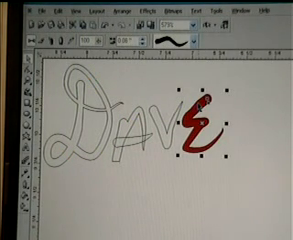But one of the other tools is up here in the top left hand corner. Same tool, Artistic Media, but you have